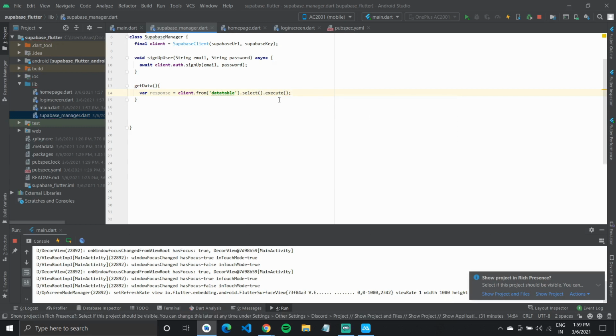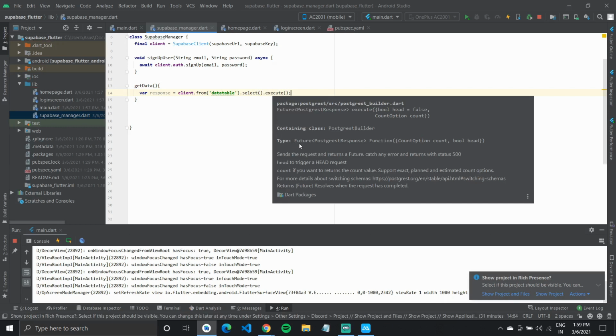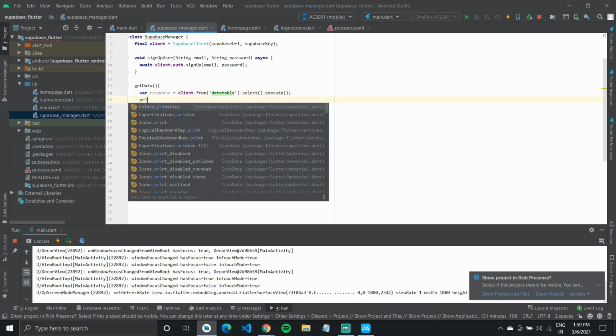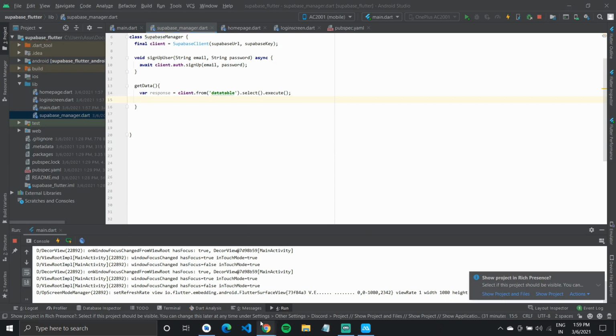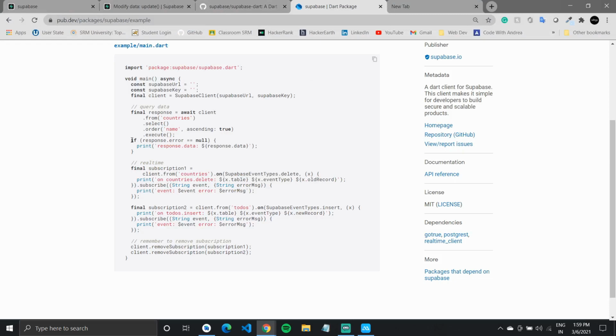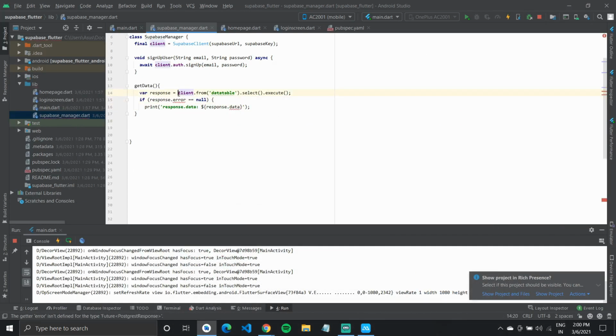Now this execute command also takes in bool head equals to provide count option. There are other options available as well. I'll introduce a check if response.error equals null. We can await it and make this function async, right?